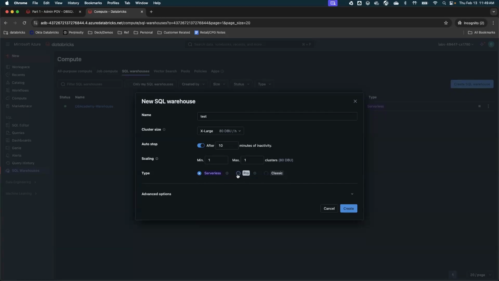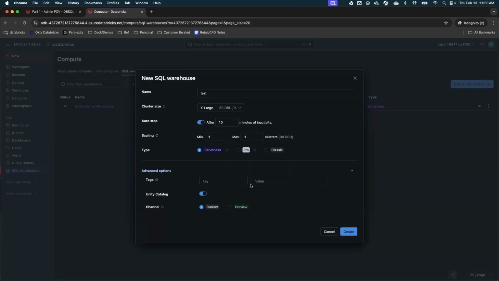Pro and serverless is recommended. The major difference I will see with serverless versus pro is if you really know that you will be using it for data load for the entire day, right? You really need support for an unlimited amount of time and you cannot wait even a second. Probably you're good with starting something with Pro where you are running it all the time. Otherwise, serverless is the most cost efficient and performant option for most of our customers.